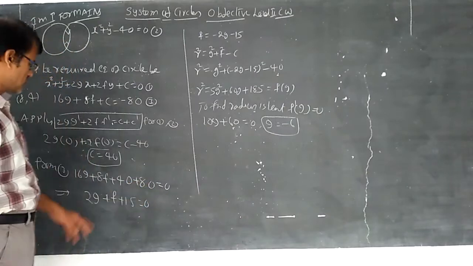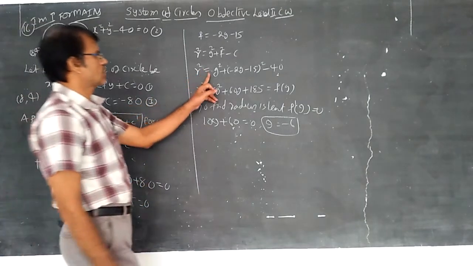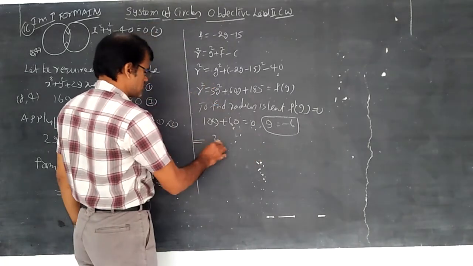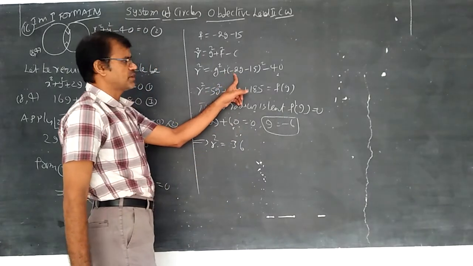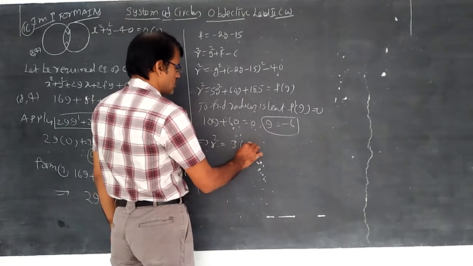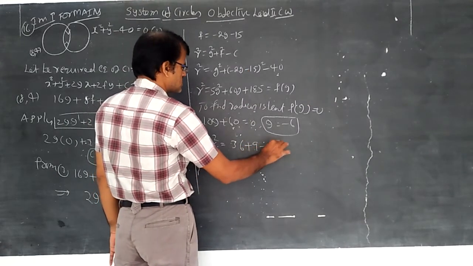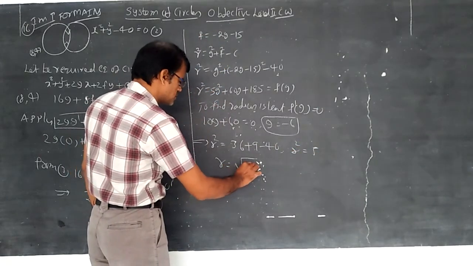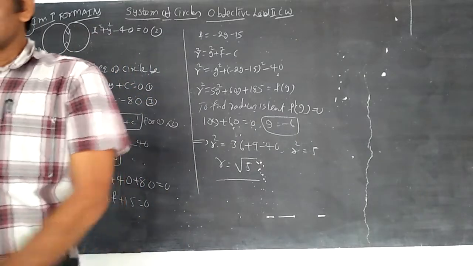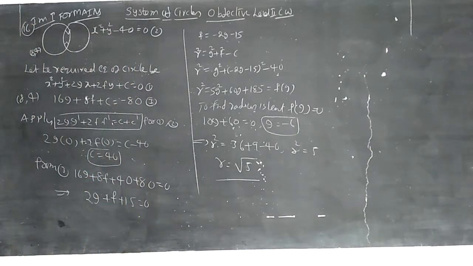Whenever g is equal to minus 6, you can directly substitute to get the value of r. That implies r square is equal to g square, minus 6 squared is 36, plus minus 2 into minus 6 becomes 12, 12 minus 15 is minus 3, the whole square 9, minus 40. So r square is equal to 5. The least radius is root 5. According to the options, r is equal to root 5 is the first option. That is the answer to the 16th question, the least radius of the given circle.